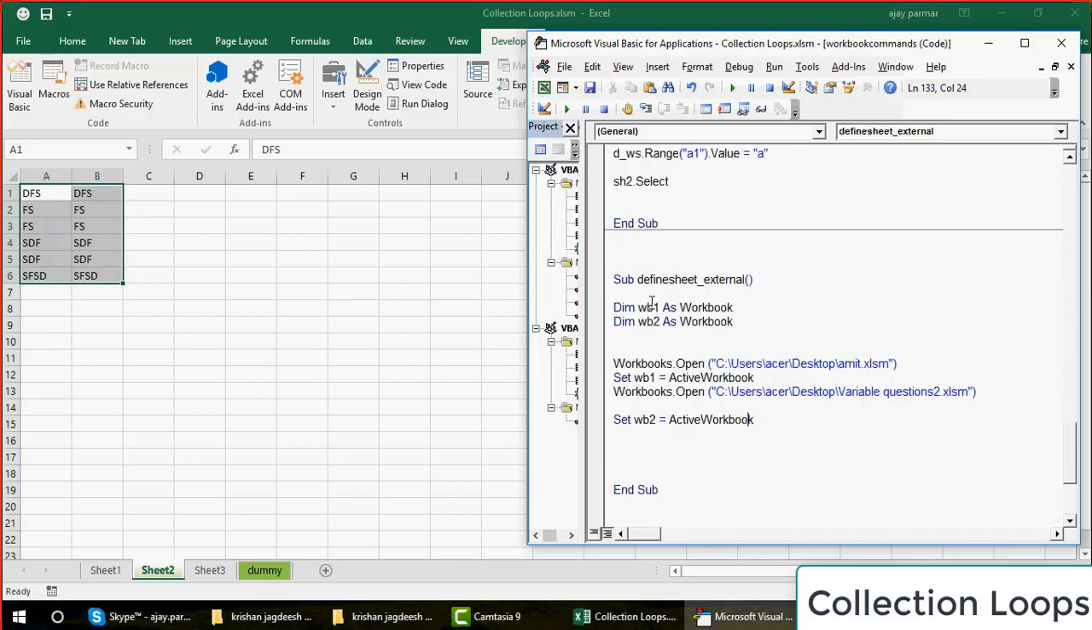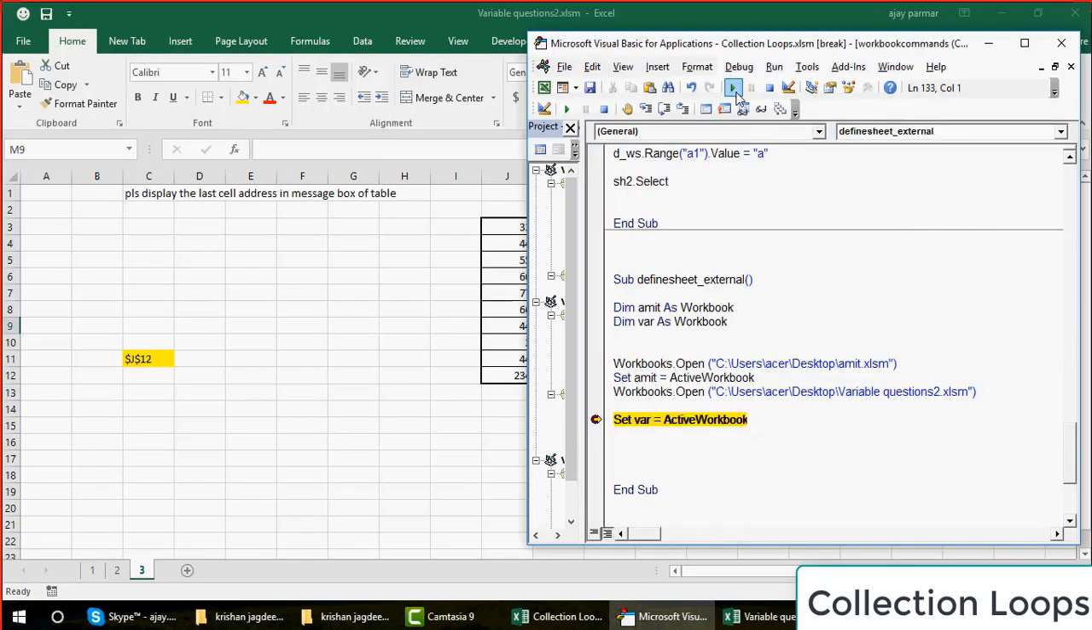Okay, and maybe we can do one thing, guys. Let's declare this as Amit. Let's declare this as var variable. Easy for us, isn't it? And then these files get opened. I'll just go and open first of all these files. Okay, now you see,